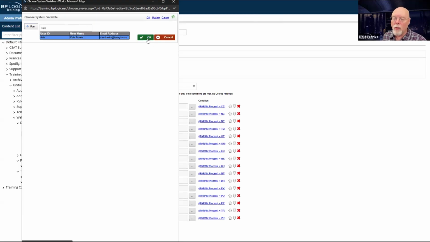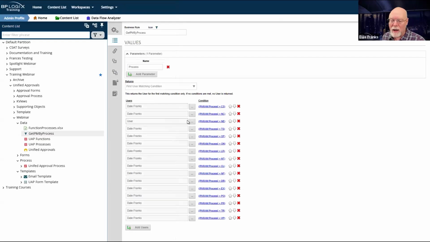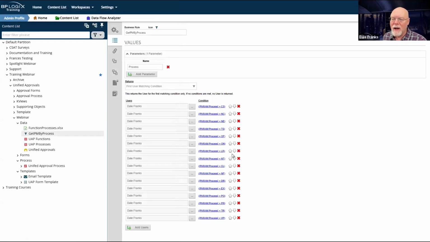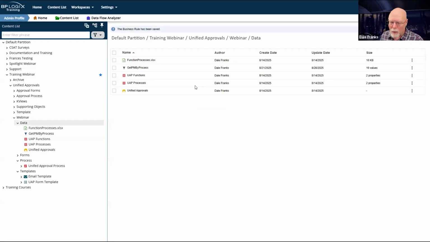Now, in the real world, when you were setting this up, obviously it would be different people for each of these process management tasks. Each one of these different people would manage a separate process. Now, it could be the same person that manages multiple processes. In fact, you might not even have a process manager in the sense that I've created it at all. But let's get this set up so that it assigns everything to me, no matter what the process is, so that we can go through our testing. At this point, we are all set up for our testing.